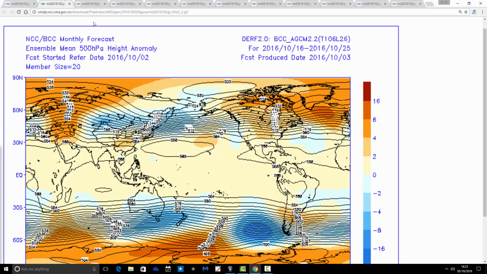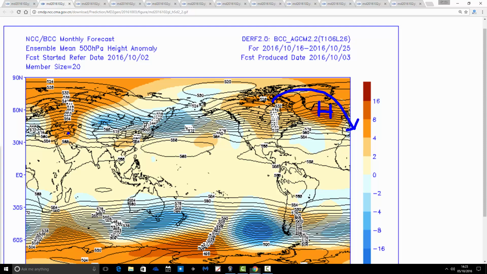The next 10-day period shows a bit of retrogression of that high pressure, so we take the centre of it from Scandinavia and centre it just to the south of Greenland. It still means there's a lot of dry weather coming through with this. It just means that the flow, instead of being easterly, is probably more northwesterly. Still quite cool, I would have thought. Maybe even cold enough by this point to be giving some frost at night, especially so in the north.